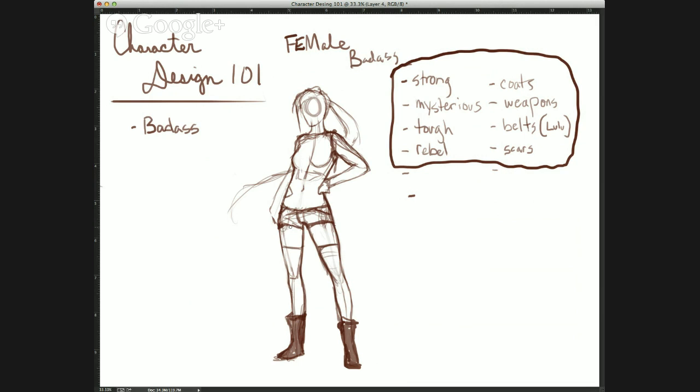So if that character's personality is more outgoing or extroverted, where you as the artist might be more introverted and quiet, some of the things that you're adding to the character might not really apply to who that character actually is. So sometimes you have to think outside of yourself, really pull from